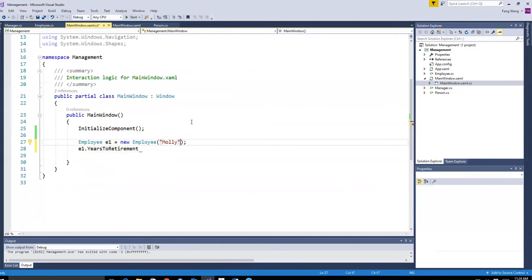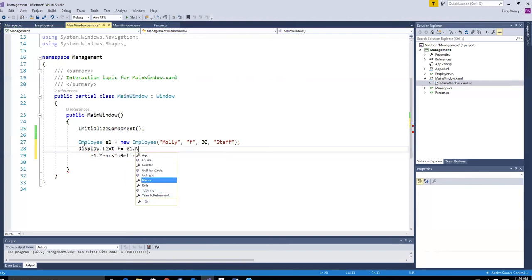So let's say, for example, we're going to use a different, let's say 30 years old and it's a staff. So we can access all the public members from the base class. And for example, I want to say,